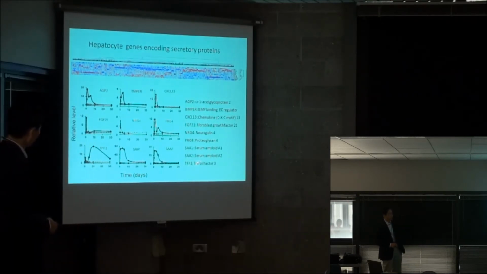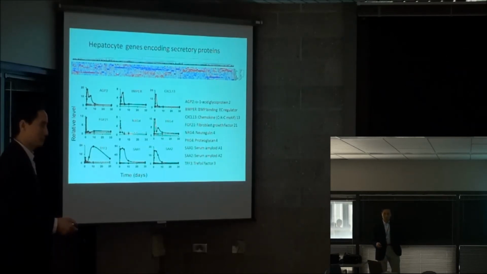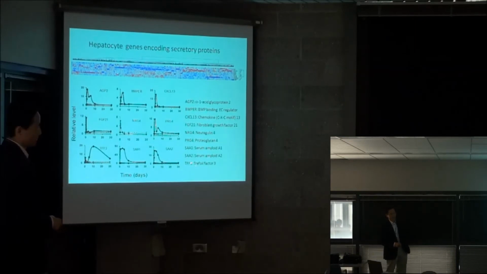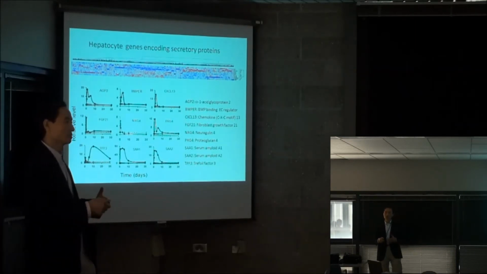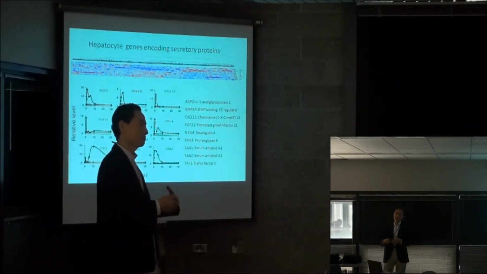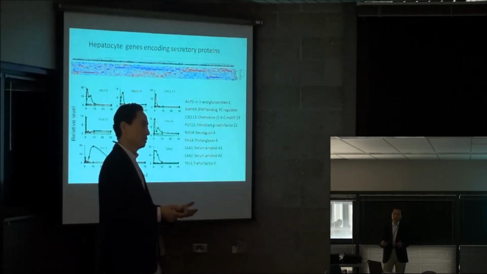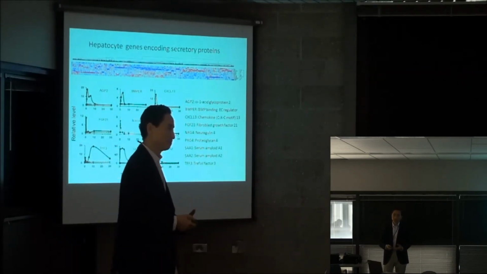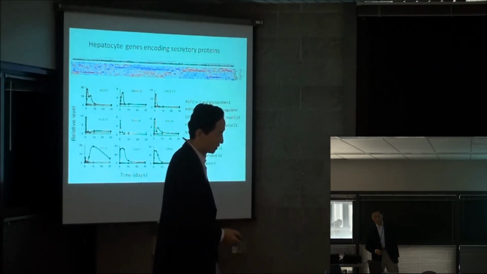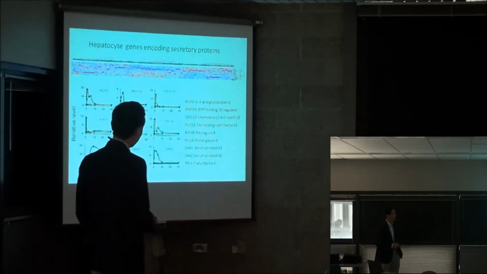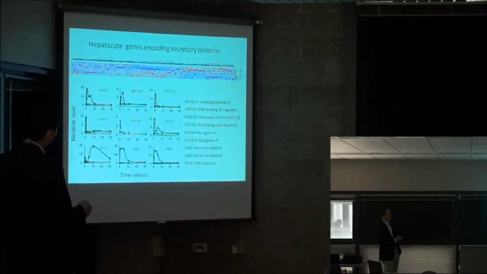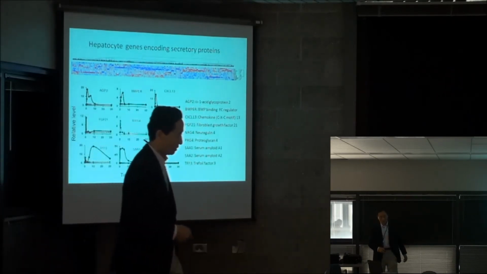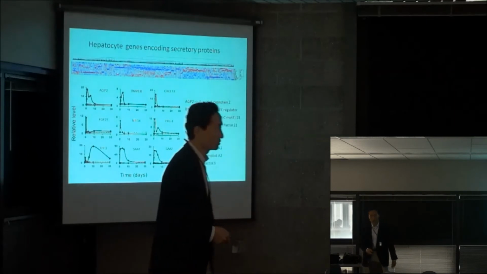So TFF3 was originally identified from the intestine and the stomach. The function of TFF3 is to produce a protective layer for the intestine and reduce the injury, protect the intestine from injury. So now we found that all of these molecules are upregulated in the liver in response to myocardial